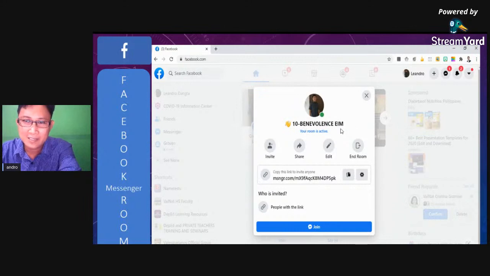Ito na yung ginawa nating room. Your room is active. So we have here 4 icon or button. We have the invite, share, edit, and end room. Ano kaya itong mga to? Okay, tingnan natin. Sa invite,